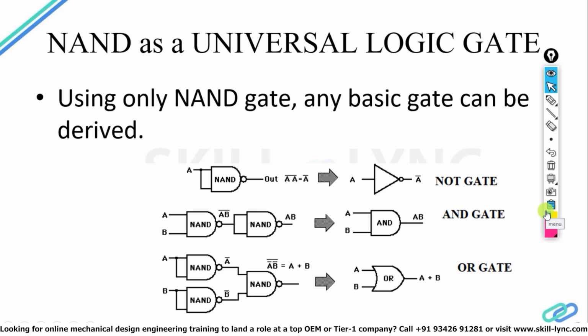Example of NAND gate as XOR gate, meaning exclusive OR gate. Okay, now we will start with the NAND gate as XOR gate. The Boolean expression of an XOR gate, if you have two inputs A and B, is Y equals A bar B plus A B bar, meaning the complement of the first input and the second input, plus, meaning OR, the first input and the complement of the second input.